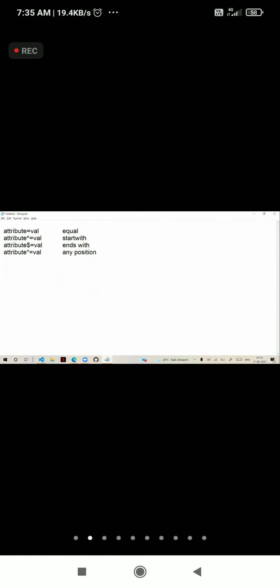So we have attribute tilde equal value. So this indicates starts with the specified value and can contain blank space.